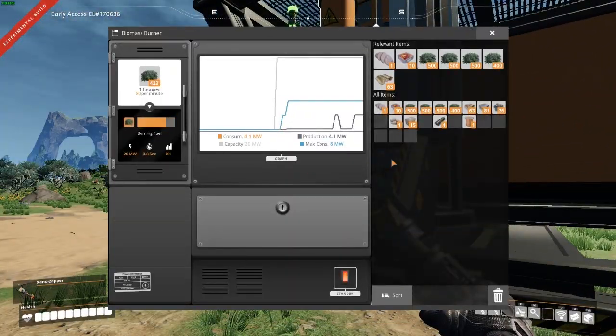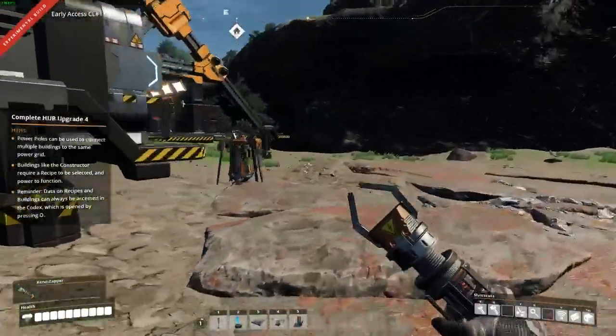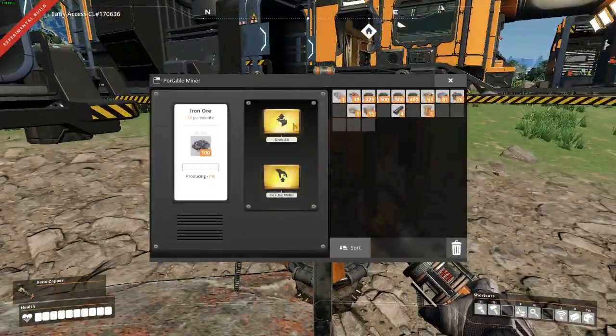Let's take a look at our fuel. Shift click to top it off. It's going to tell you it uses 80 leaves per minute, which means this has 6 minutes and 15 seconds worth of power before it's going to die and run out of fuel. So now...